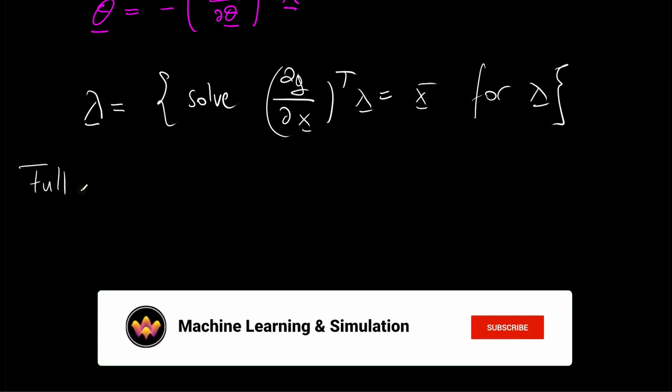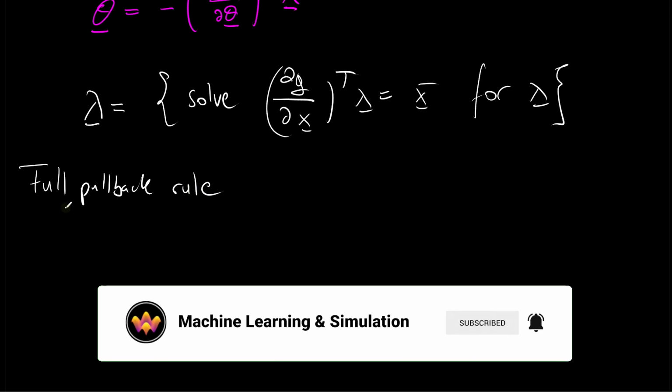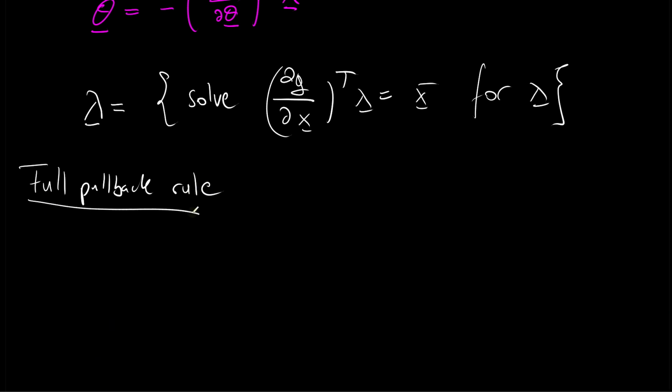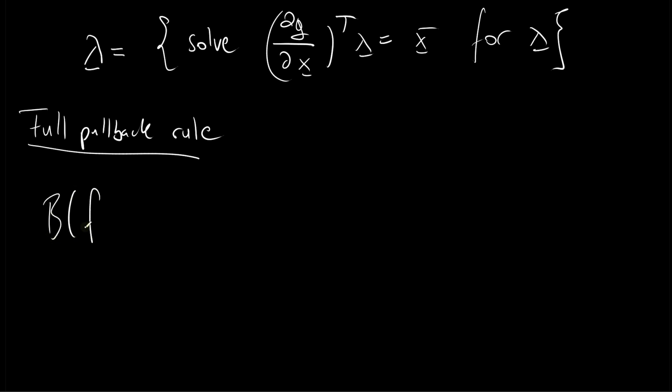So the full pullback rule, or in other words, what you might want to implement in your reverse mode AD engine as a custom reverse rule, is the backward rule on the function f, and the function f was the nonlinear root solver, with the primal information theta, as well as the cotangent on the output x bar, is given